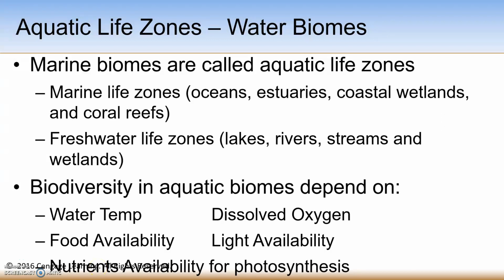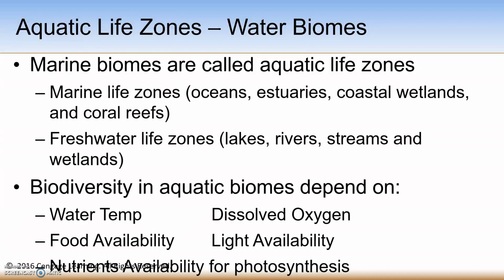So far, I've been sharing information with you about biomes or terrestrial land ecosystems that are governed by the climate, the precipitation, and the temperature of a region. Now we're going to shift gears and talk about aquatic life zones or water biomes. We call water biomes aquatic life zones and provide a different terminology for this to separate it out from land